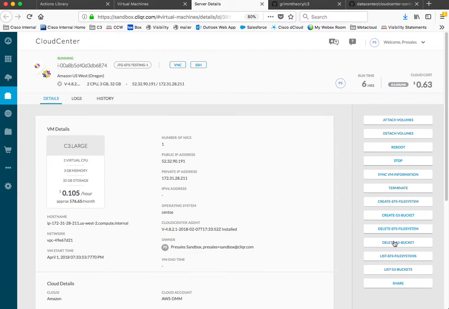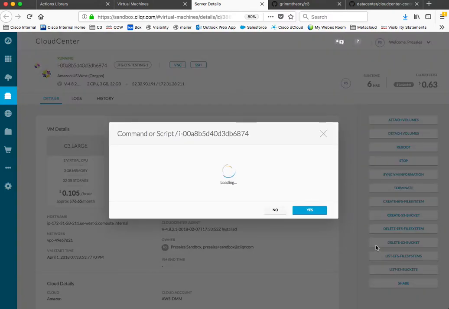So I created these 6 buttons. I didn't create the button. It's very easy. I created 6 actions, you could say, that I then applied and made available to this VM. List S3 buckets or EFS file systems, delete buckets or file systems, and create buckets or file systems. So I'll go ahead and launch one, and then we'll get into